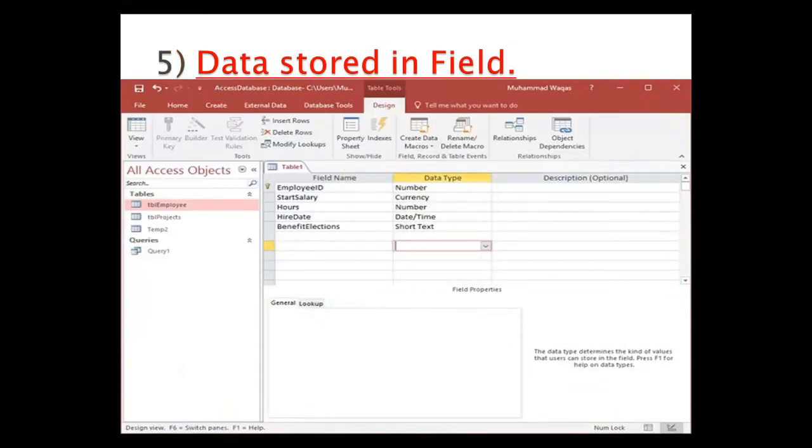If desired, type a description of the data stored in this field. For example, employee ID, start salary, hours, date, and benefits. Employee name, text; start salary, currency; hours, numbers; and date and time, short text.